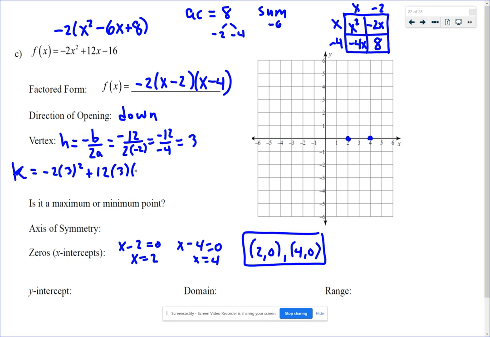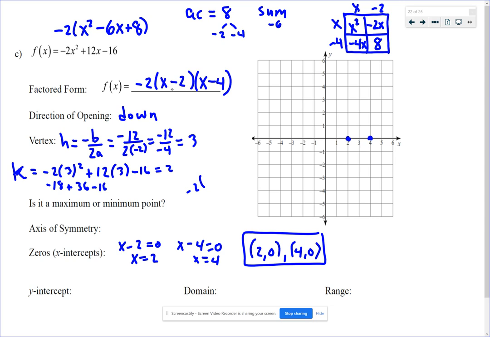But this works too. Oops, I keep wanting to put a parenthesis there and it's not. What is that? 3 squared is 9 times negative 2 is negative 18. 3 times 12 is 36. And then subtract 16. 36 take away 16 is 20. 20 subtract 18 is 2. That's a 2. Okay, if we put it in the factored form, we would have, let me check it, negative